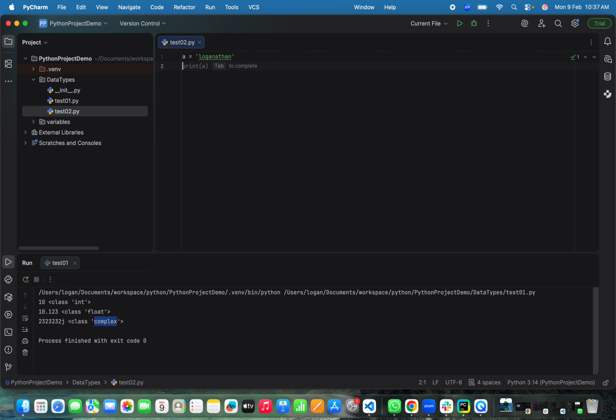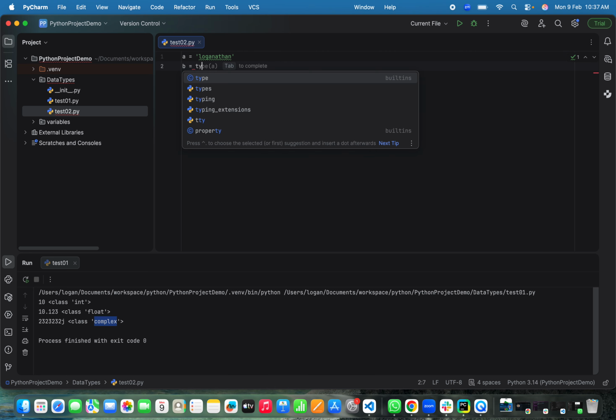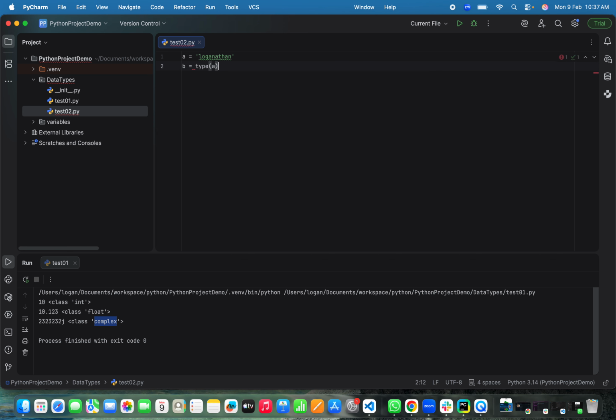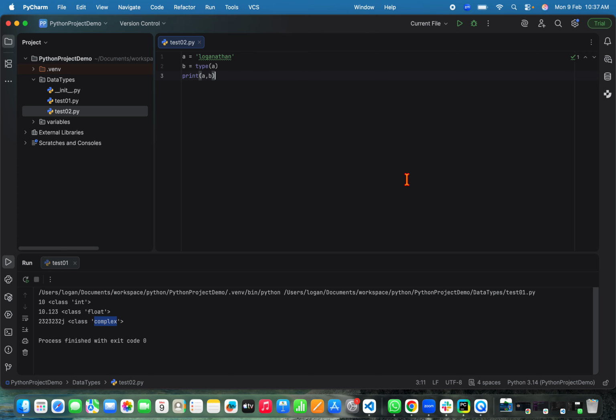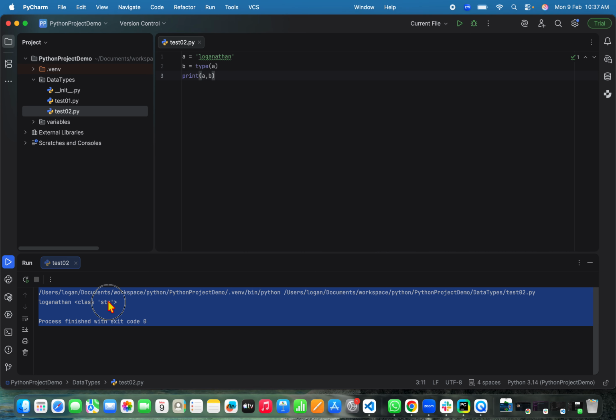And let me try to find the type of this variable a, and then I'll print it, print a comma b. Let's see how Python is identifying the type of this variable a. Now you see that it is str. Loganathan is the value, and then the type is giving a string. And